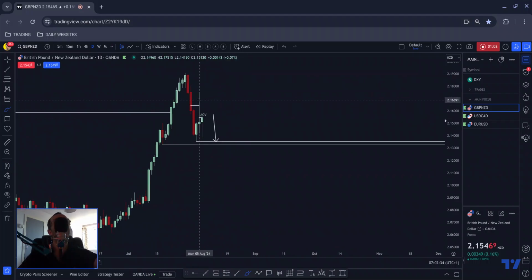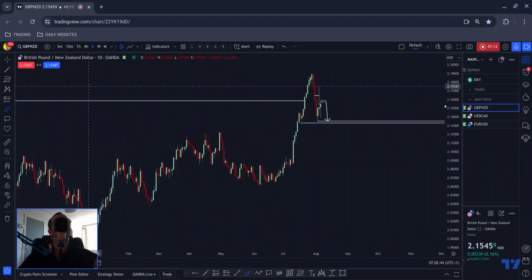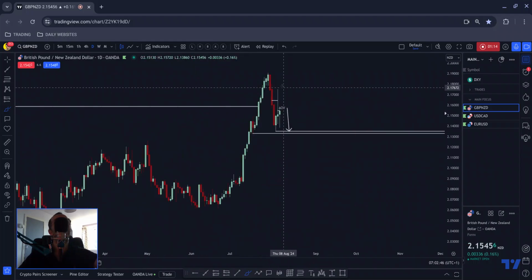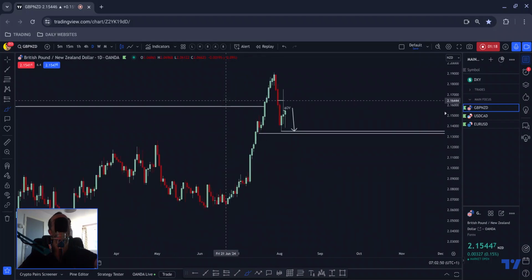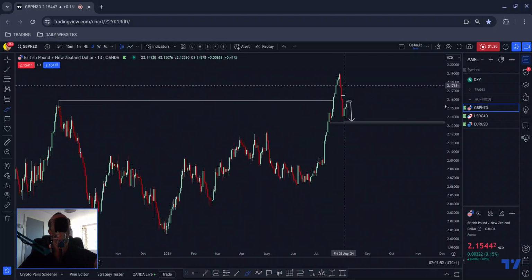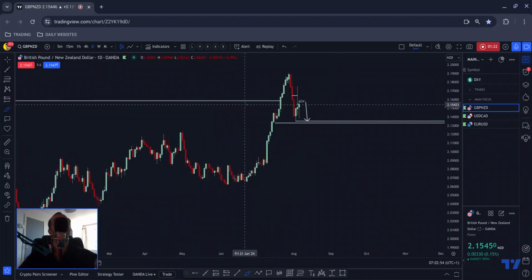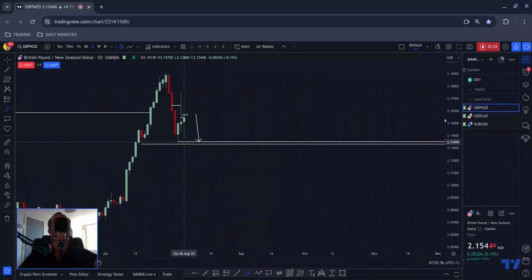We did have a bit of a wick here. I think that was something to do with the Japanese stock market crash, or so-called crash. But we have this candle here, which wicks all the way back above here, and then wicks all the way back below, suggesting another washout of orders. And that, given that we closed back below here, gives me an indication that we may be seeing a move